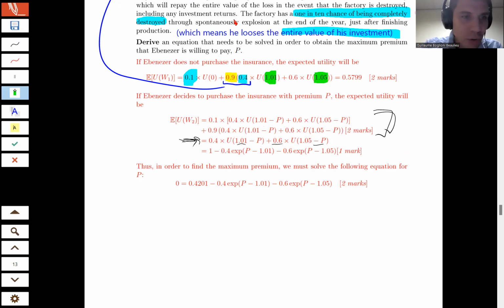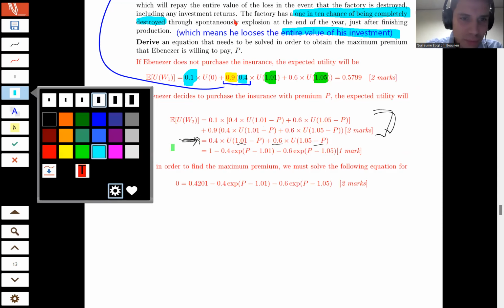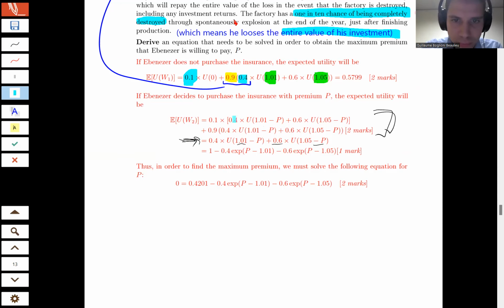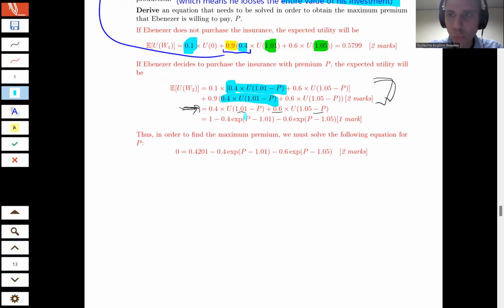Because obviously, my point here, sorry if I'm giving too much explanation on the same thing, but here, this number is exactly the same with or without the factory being destroyed. He gets the same thing in the case of a 40% yield because he has insurance and the insurance reimburses. Okay, all that said, we're pretty much done because now you plug those